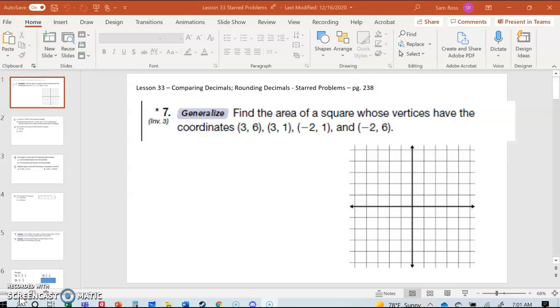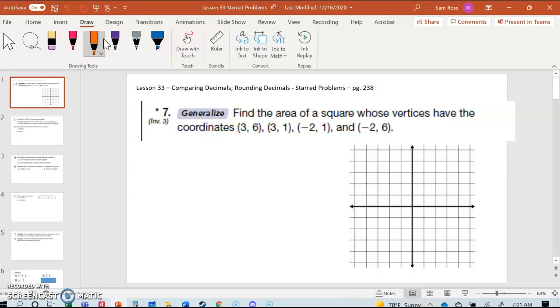Let's go ahead and start with number 7. It says, find the area of a square whose vertices have coordinates, and then it gives us the coordinates. So let's go ahead and graph those. 3, 6, so I come over 3, up 6. 6 is going to be about there. 3, 1 is going to be here. Negative 2, 1, so I go negative 2, 1, and then negative 2, 6 is going to be up here. So this is my square,